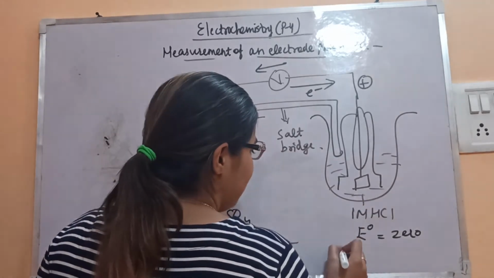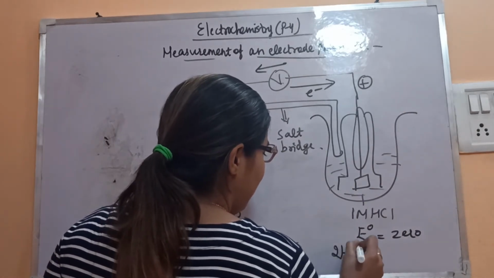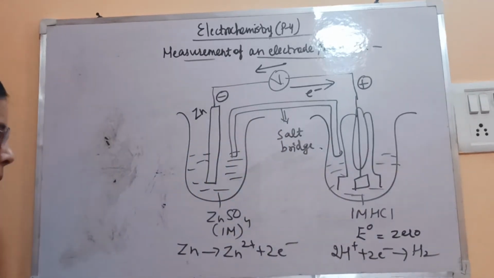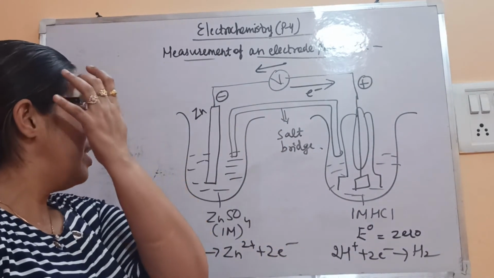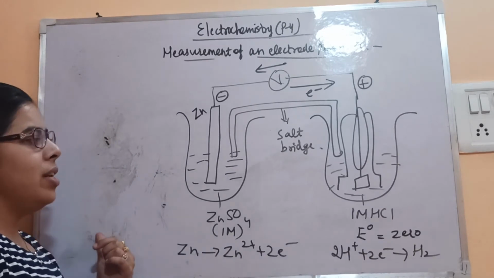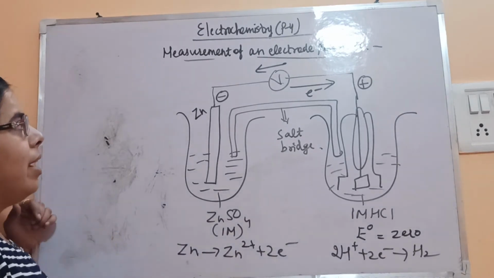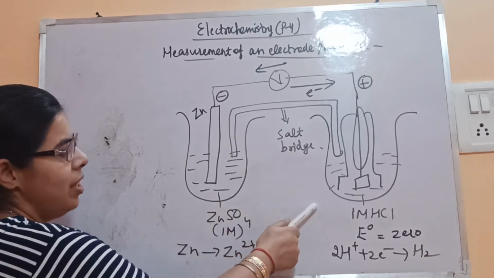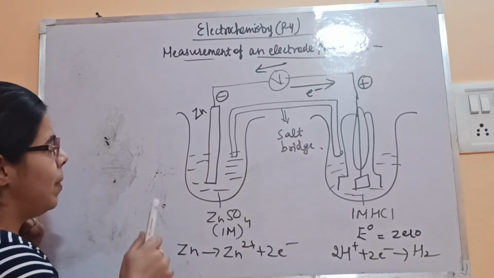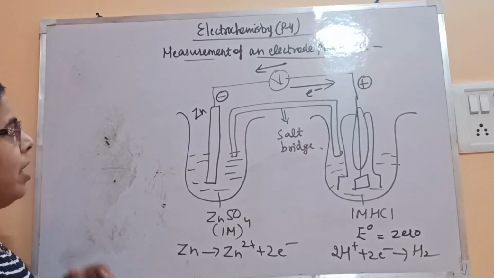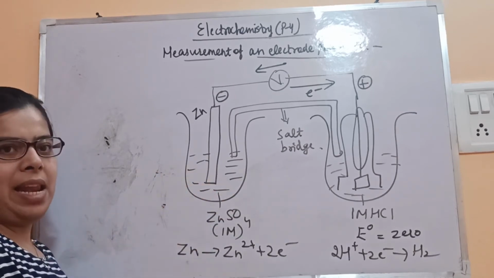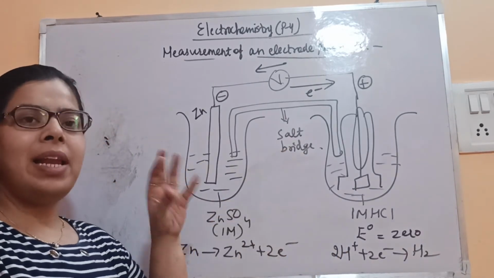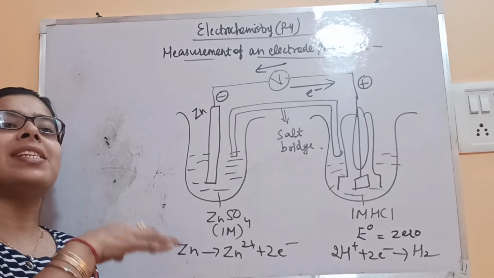Simultaneously the hydrogen is getting reduced. It will accept these electrons and get reduced to hydrogen gas. It means here the hydrogen electrode is acting as the reduction electrode, at which the reduction is taking place, and here the oxidation is taking place. Now this is a complete cell. If we are talking about only E naught, that is only the electrode potential of the particular electrode. Now what is the electrode potential of the cell?